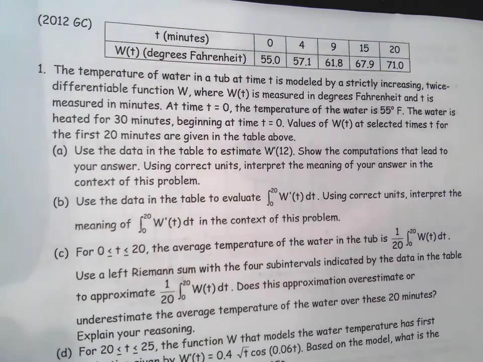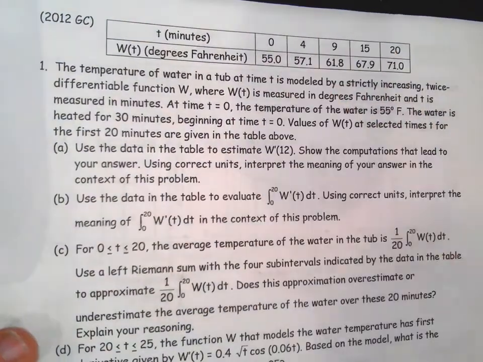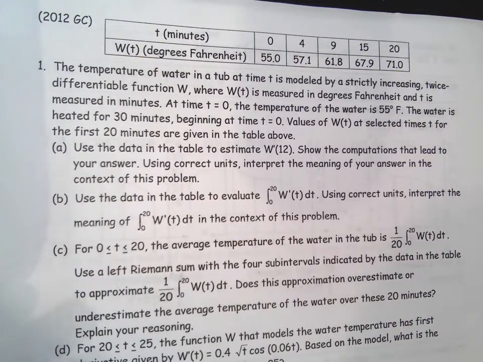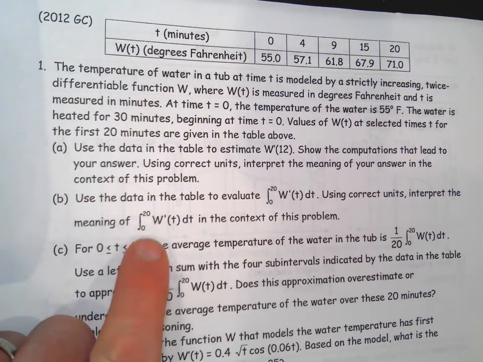And so right away, when you see a table on a free response problem, you're going to be doing estimates. Like, you're not going to have a function. You just have a snapshot of some of the values, and you can kind of get some rough answers with those. And so if you look further down, it says,